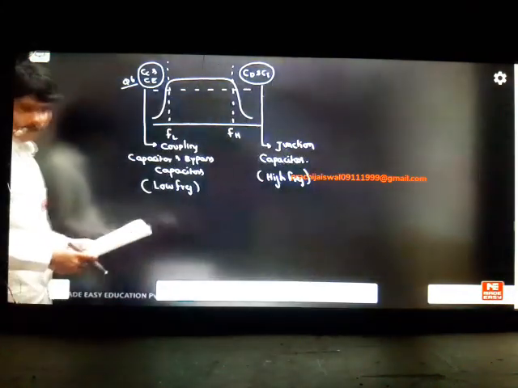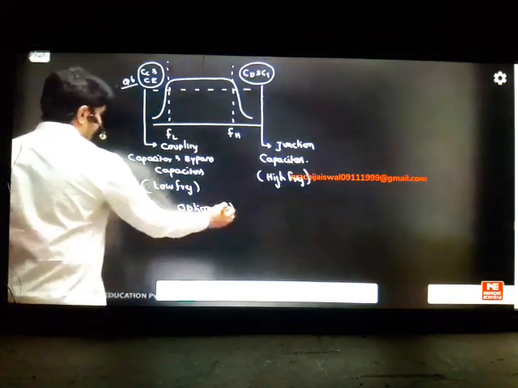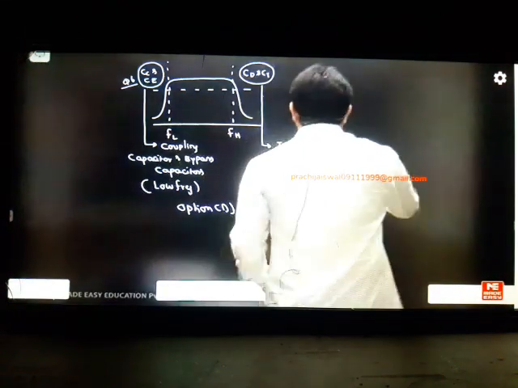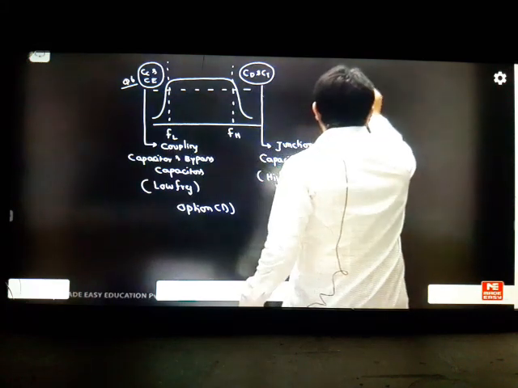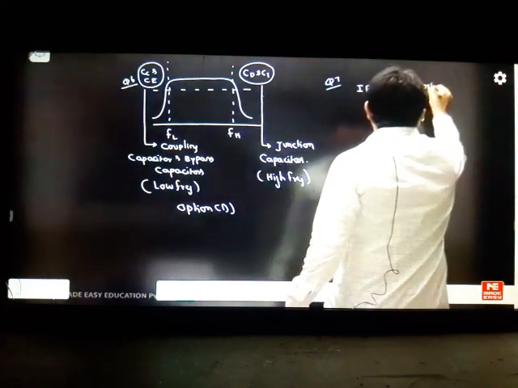So this is the answer. What should be the option here? Option D will be the correct answer for this. Option D. Now suppose somebody said in question number 7, what he's telling is, if coupling capacitor is shorted,